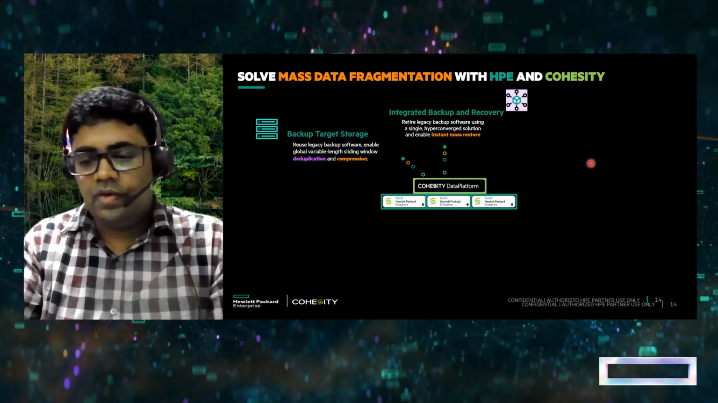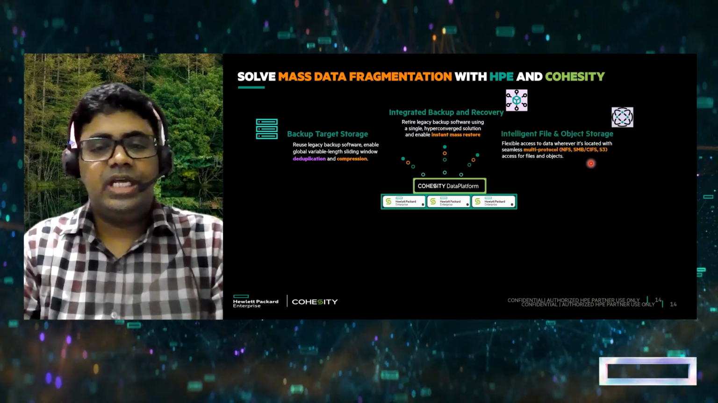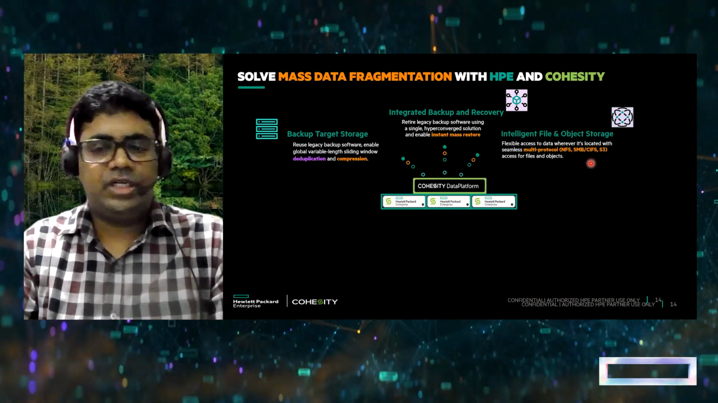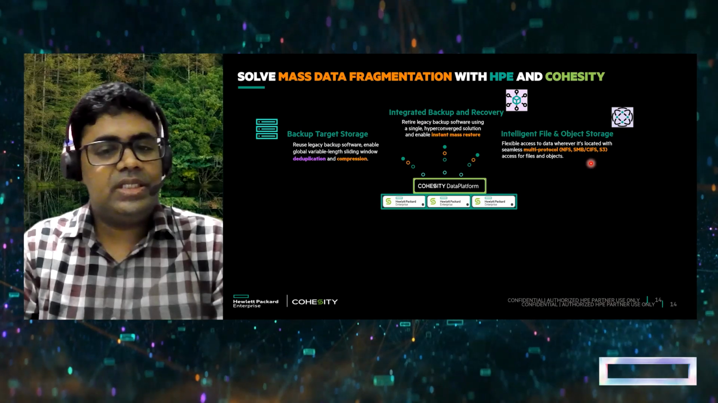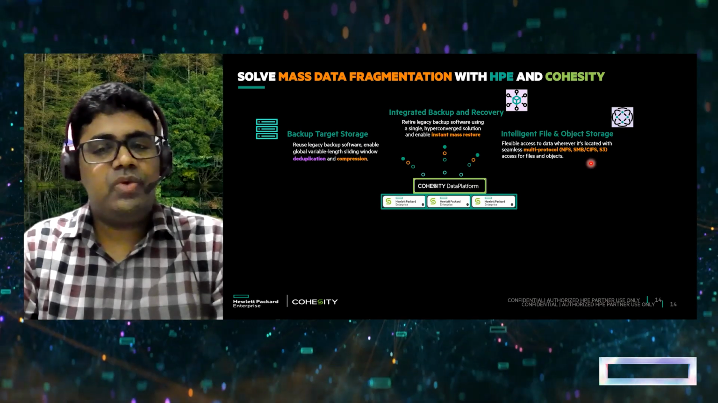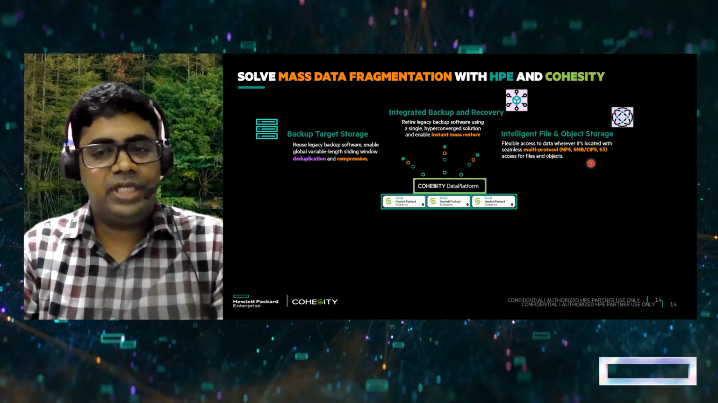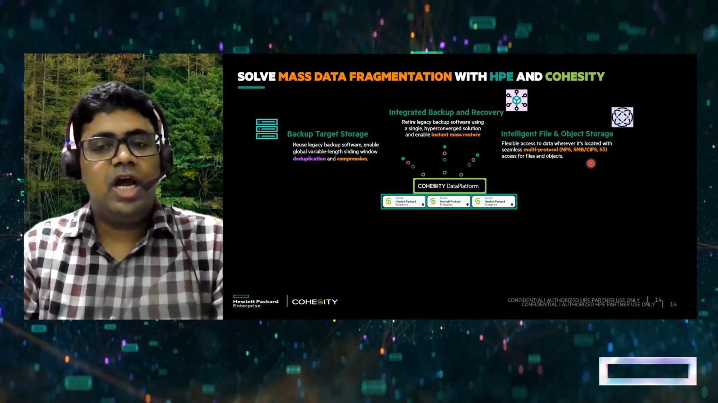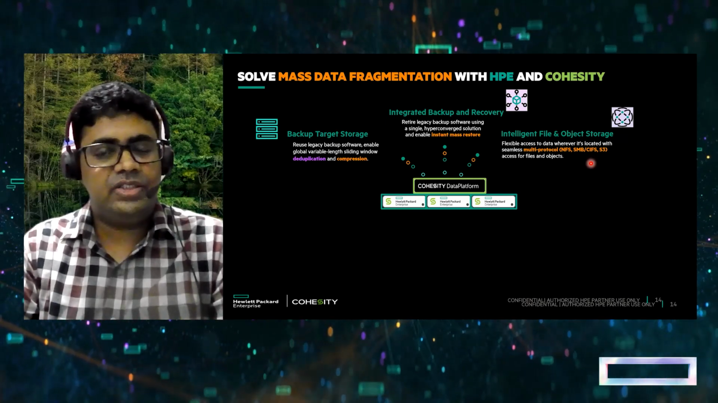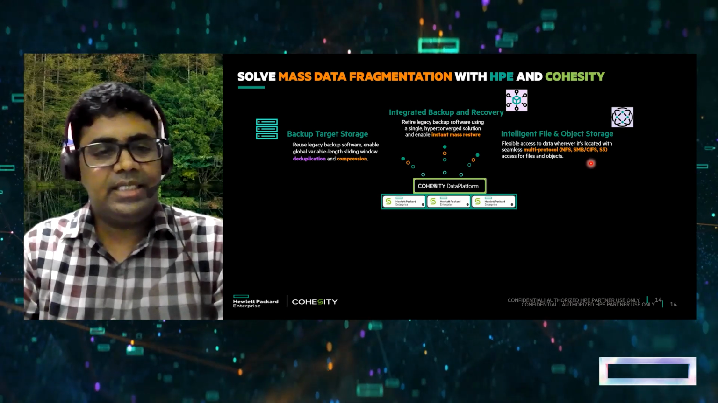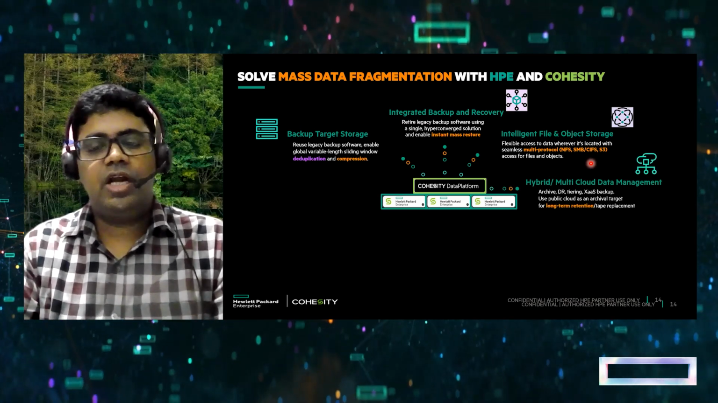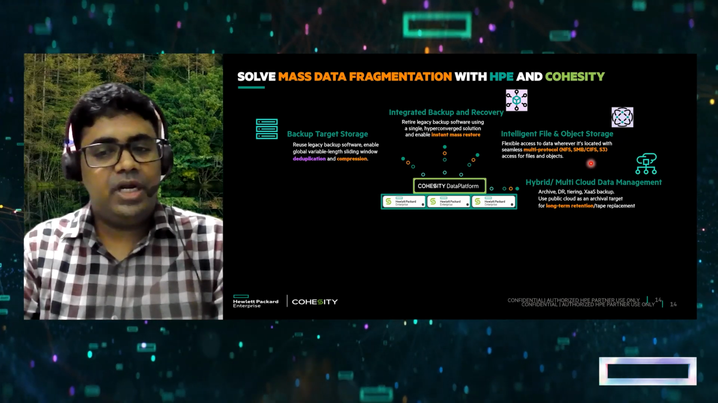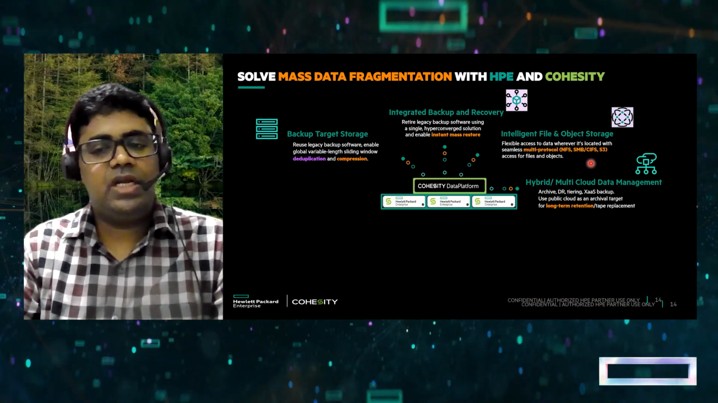And also another solution is intelligent file and object storage. We also have file and object storages. Cohesity and HPE support multiple protocols: NFS, Network File System, SMB, also the Common Internet File System, CIFS, and also the S3 Simple Storage Service protocol. It's supported. In addition, it can also be supported for a hybrid cloud environment as well as multi-cloud data